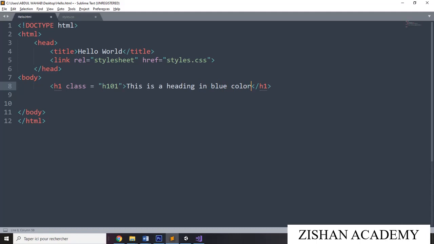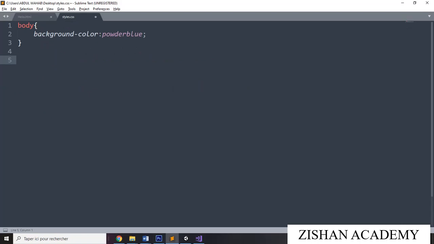Now this class you have to give it in the style also. For giving the class you have to give h1 dot. You have to give the name of that one. Name I have given h101. Then open the curly braces. Then you can give any color to the text.